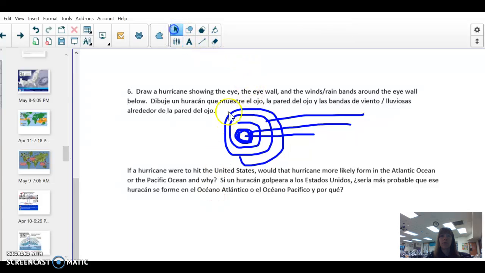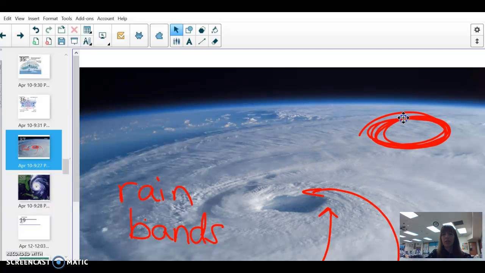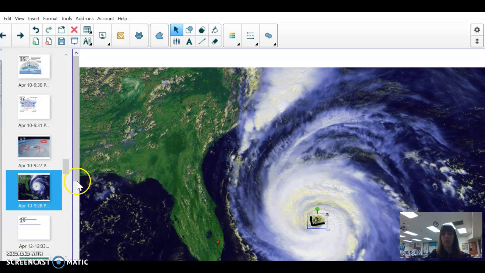Okay, if you said eye is in the center, you're correct. That's the very low pressure, very calm area. This part here is the eye wall, which is the roughest part of the hurricane. That's where all the winds are meeting as they're all moving towards that low pressure area. And these here are the rain bands, the wind bands, the bands of rain, or the bands of wind. So remember, when we look here, there's the center, the eye. This part here is the eye wall, and these are the rain bands, wind bands, or band of wind or band of rain. So you can kind of identify, and there's the low pressure there in the middle to make